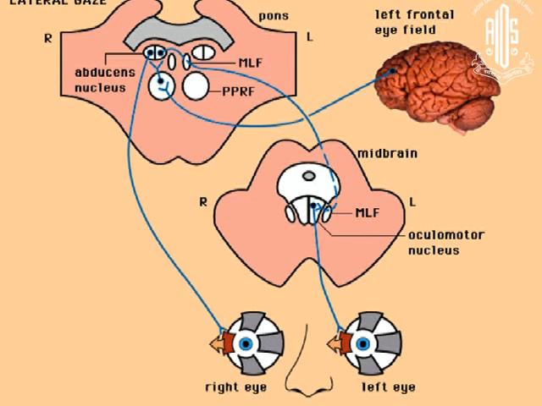So when you see this diagram, from the frontal field to the oculomotor nucleus, this constitutes the supranuclear pathway. From the abducens nucleus through the MLF, which is connected to the oculomotor nucleus, this constitutes the internuclear pathway. From the abducens nerve to the right eye through the lateral rectus, this constitutes the infranuclear pathway. So you can have an affection anywhere in the supranuclear, internuclear as well as the infranuclear pathway.